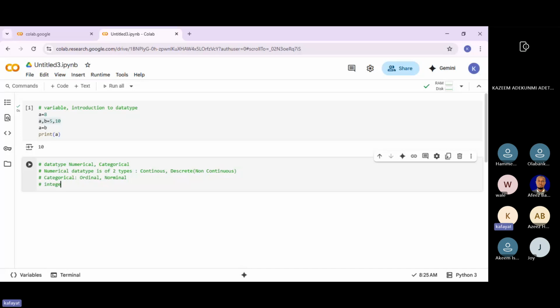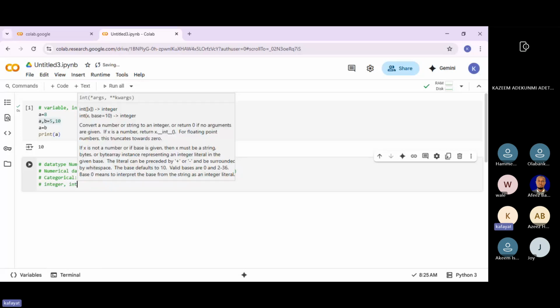the integer data type. Always specified as what? Int. Immediately I say int, you can see something came up on my screen telling me what an int does. It says convert a number or string to an integer or return 0 if no arguments are given.